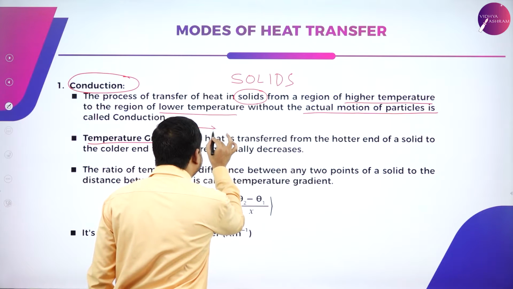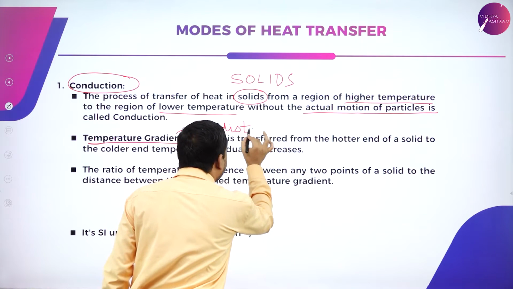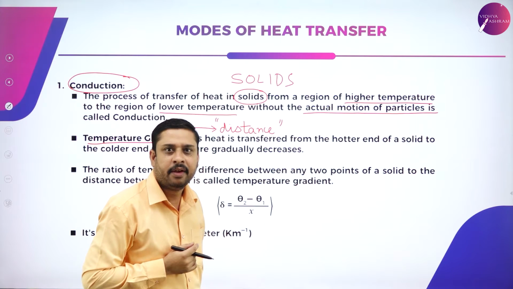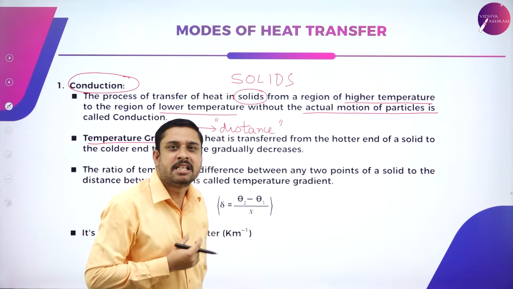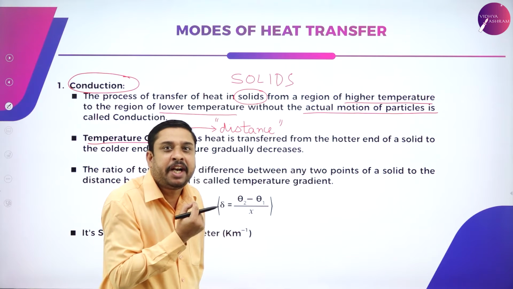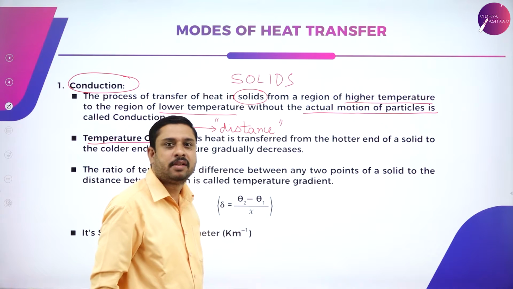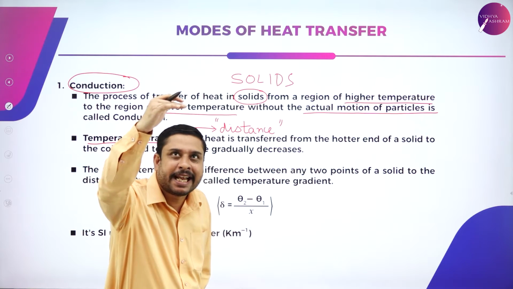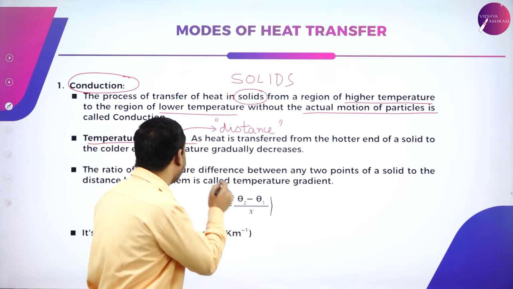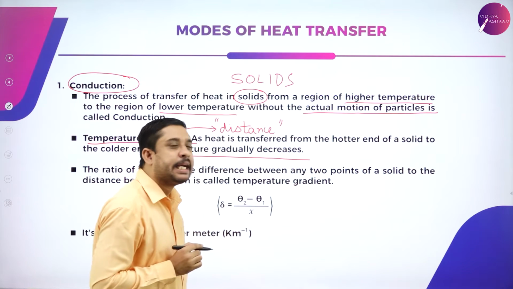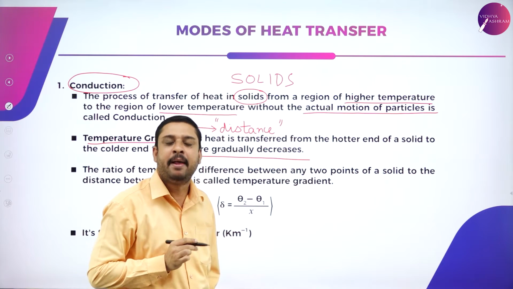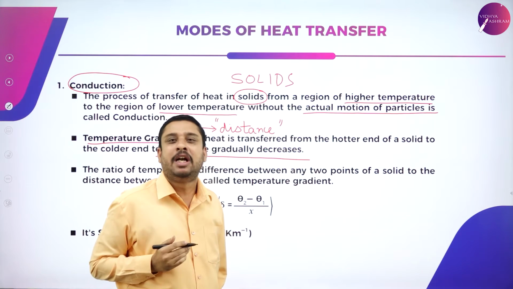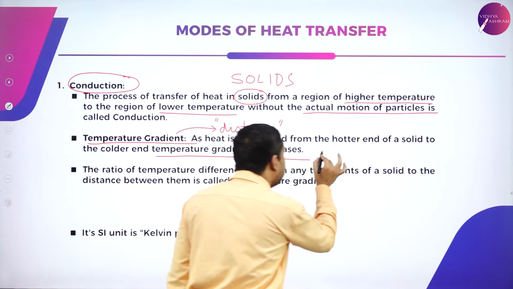Gradient is a term which is always a function of distance. When we talk about gradient, it is some quantity referred to with respect to distance. Now, as heat flows from the hotter end to the colder end of a solid, temperature gradually decreases. When heat flows from the hotter end to the colder end, we say there is a